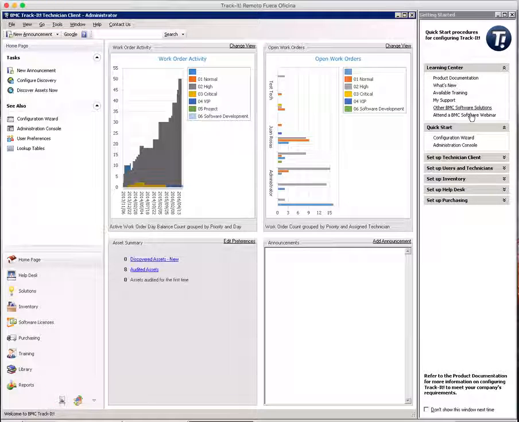So it has a learning center where it shows you some of the most important links to what you can do to learn about Trackit, a quick start area where you can trigger the configuration wizard to get started automatically with a wizard that will show you how to fill in all the main fields in Trackit, and access to the administration console. So you can access the administration console from this point if you wish, or from the home page you can go to the administration console, and I believe that from this menu here